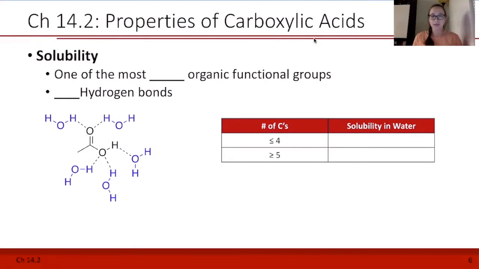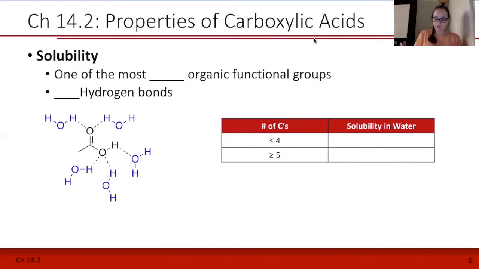Okay, so chapter 14, section 2 is talking about properties of carboxylic acid. So we'll talk about two things in particular. One is solubility, and then the other one is actually the acidity of the carboxylic acid and the acid-base reactions that occur. So first,